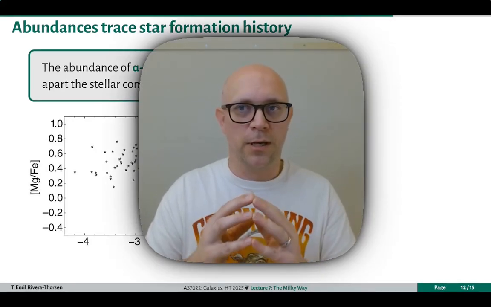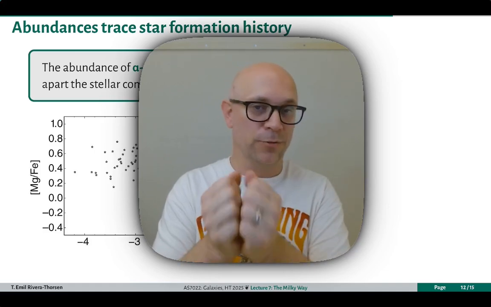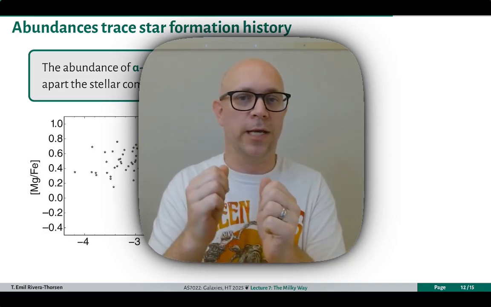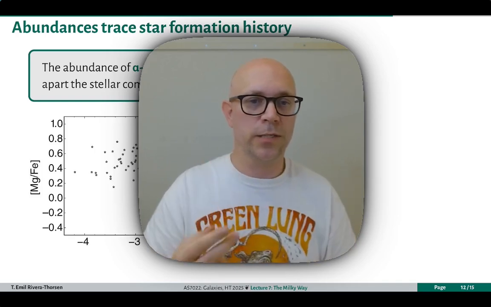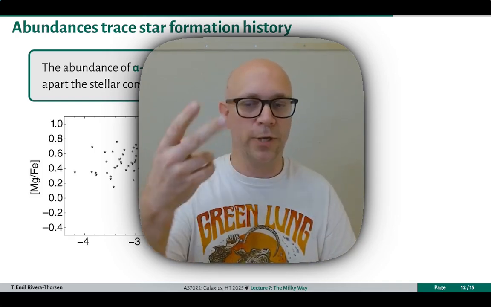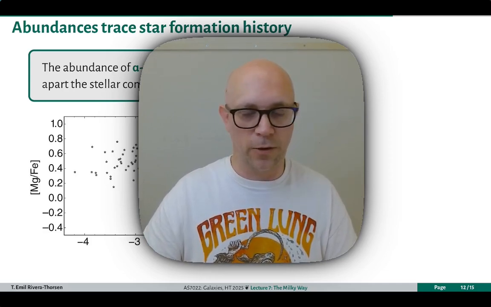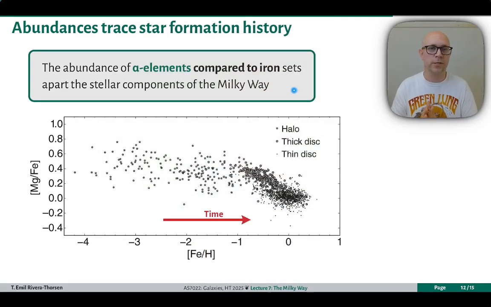Alpha elements are elements that can be formed by adding alpha particles together. So alpha particles, as we hopefully remember, are helium nuclei. And when we add these together, we get this sequence of elements that all increase in atomic number by 2 every time. These elements form rather quickly and early on in the life cycle of a stellar population, whereas iron, as we talked about earlier, needs